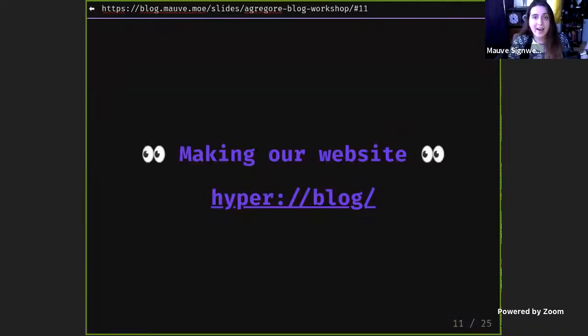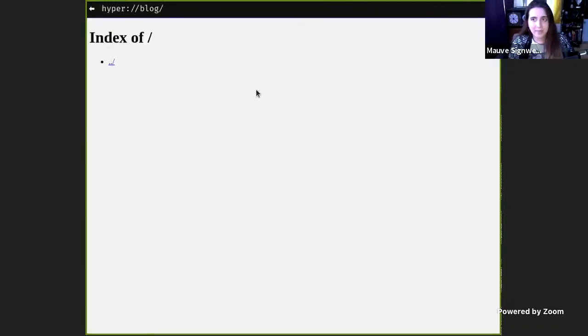Cool. So now that we have our browser installed, let's create our first peer-to-peer website. So making a website in Agregore is super simple. We're going to open up a new window, and we're going to navigate to hyper://blog. In fact, if you click this link in the slides, it should go right to it. So I'm going to click the link, and bam, I just made a new peer-to-peer website,